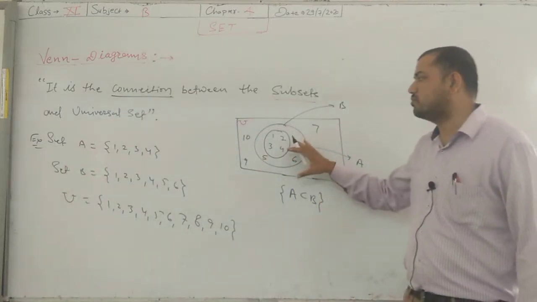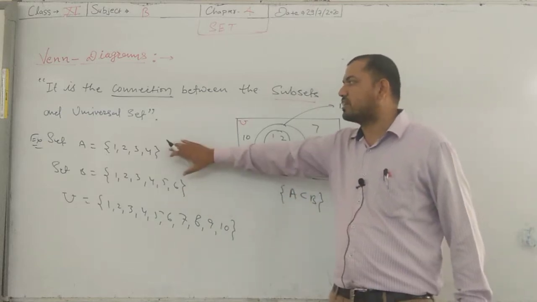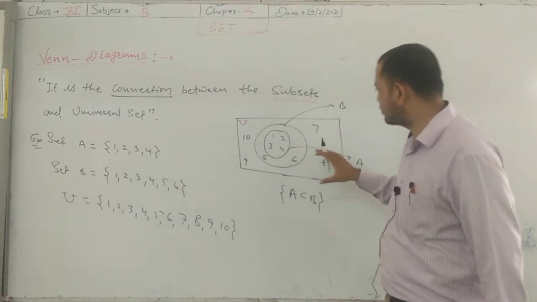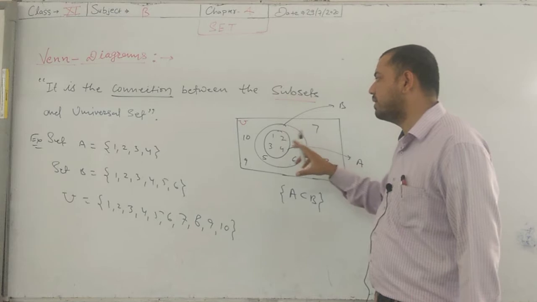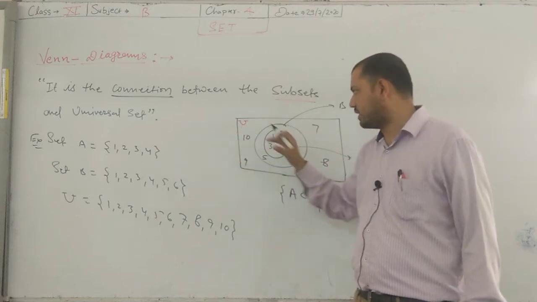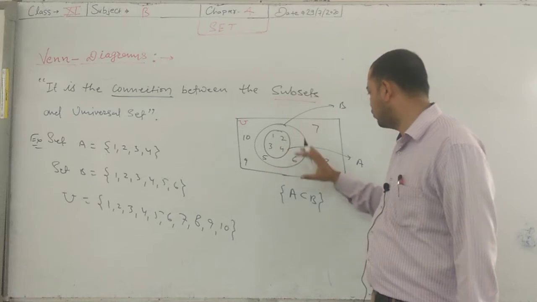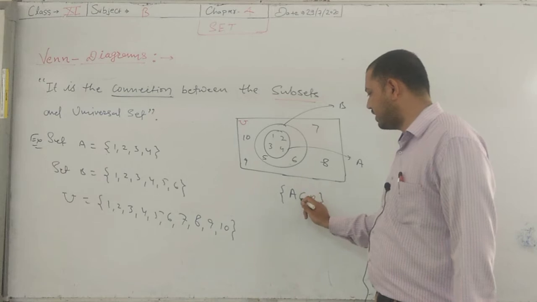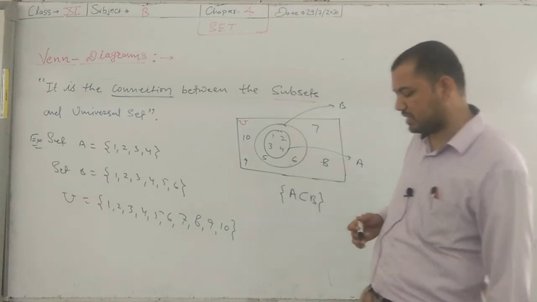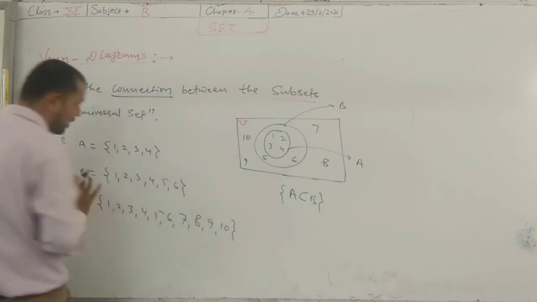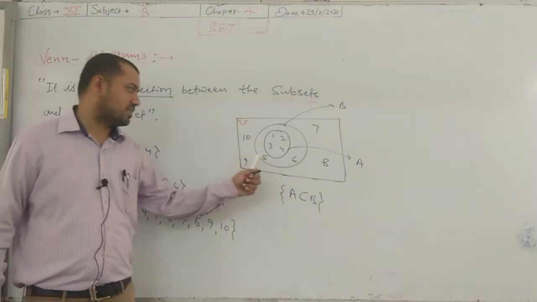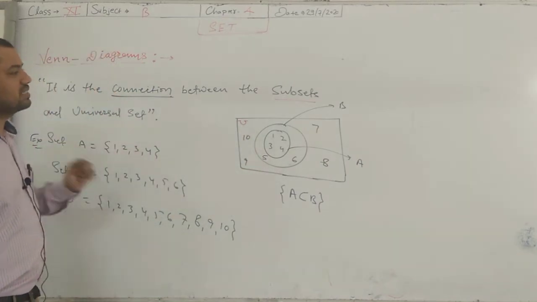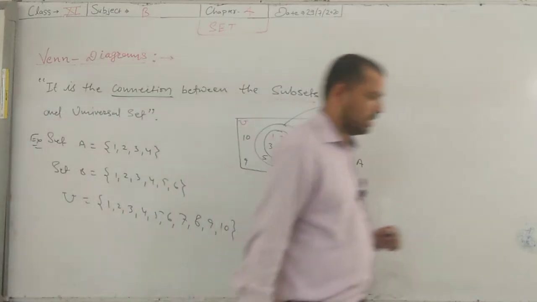Firstly we draw set B, because B is larger than set A, and A is a subset of set B. First of all, we draw the B set containing elements 1 2 3 4 5 6. After that we draw set A containing elements 1 2 3 4, and that is represented as A is a subset of B. So that is the Venn diagram of A being a subset of B. Each and every set is represented by a circle in a Venn diagram. We have the two sets A and B, and a rectangle box represented by the universal set. That is the representation of the Venn diagram for the given sets.